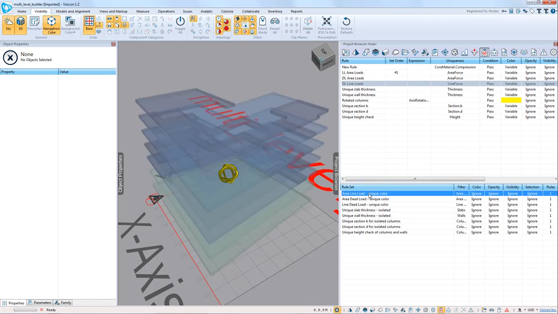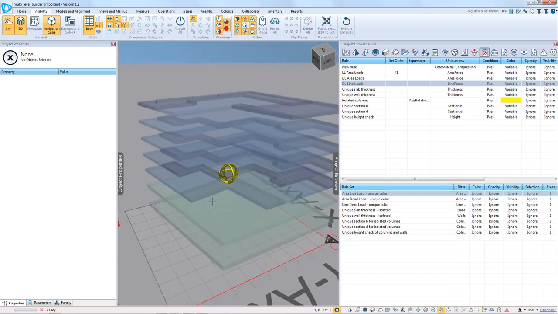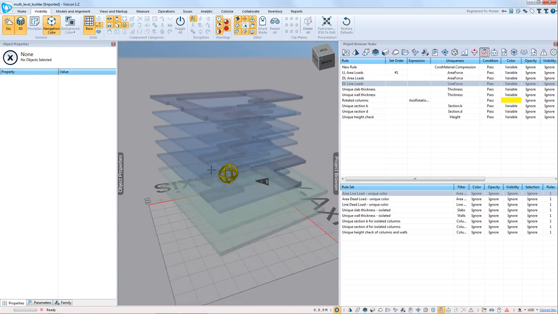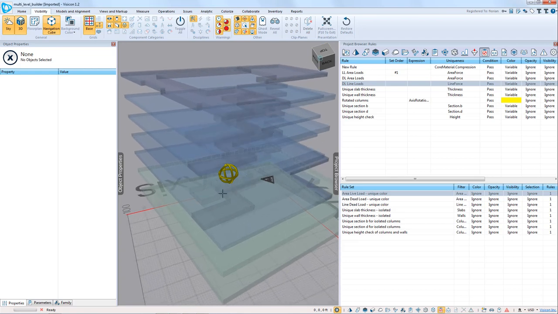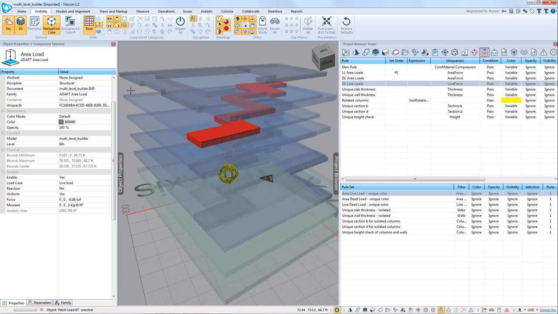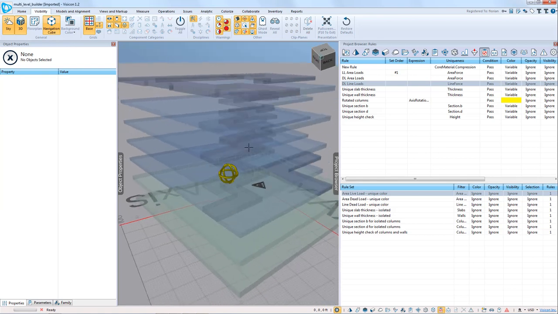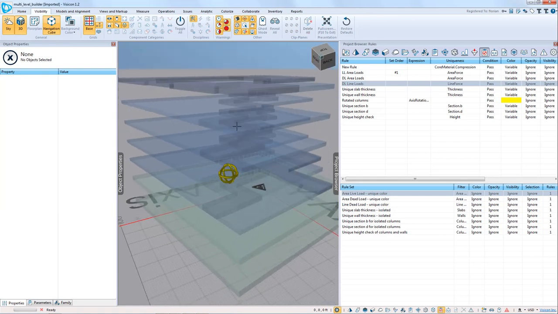I'm going to select this area load rule set. So what you see here is this uniquely color codes all of the applied live loads. I can see that I have two types of live loads applied here. So this would be a live load of 40 pounds per square foot, and then I have superimposed for the corridor 60. So I can now with confidence know that for my typical levels, because I can see that I have this uniformly applied, that I have the 100 pounds per square foot of cumulative load in the corridor areas